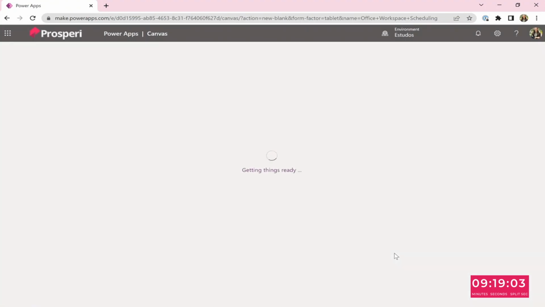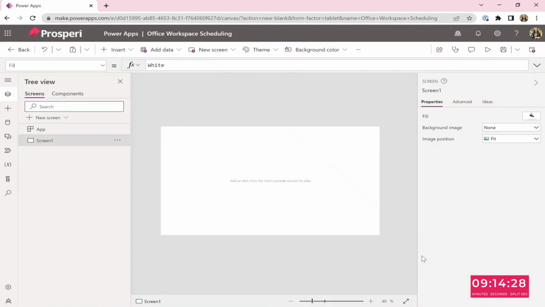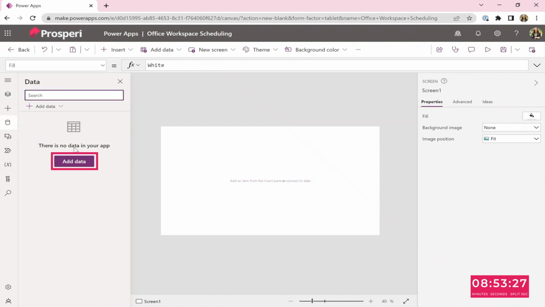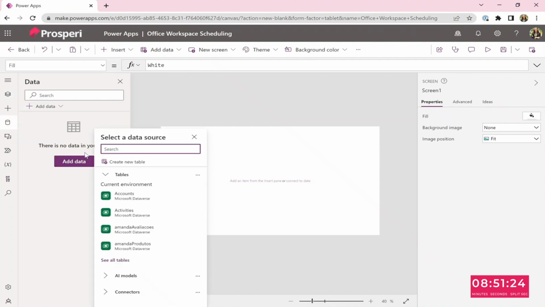All right. Now, after it gets ready creating, we're going to connect to the data that we had Rachel do on an Excel spreadsheet. It's pretty simple data, so we're not going to go over how to create it in this tutorial. So you can go to the left-hand side of your screen on the little can icon. That's your data icon. Yes, and we're going to add data. And under connectors,